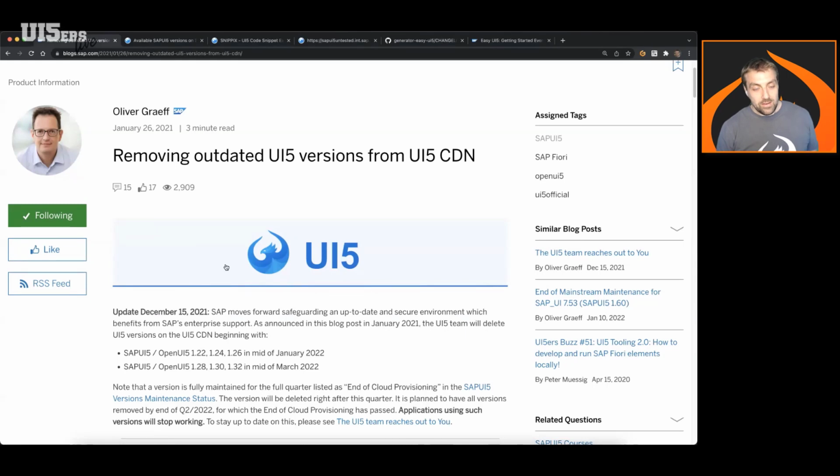And due to the fact that we already have the need to clean up old patch versions of long-running LTS versions, so these long-term support versions of UI5, we thought about a nice concept for how you can refer to these LTS versions in the cloud without specifying a concrete patch version.